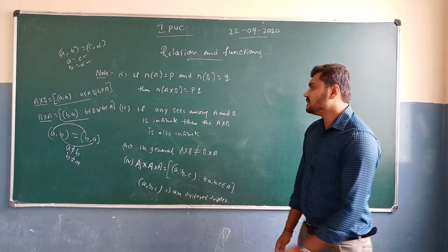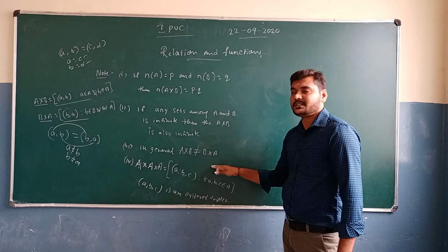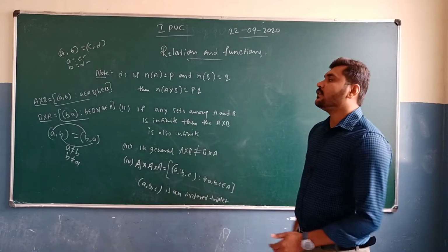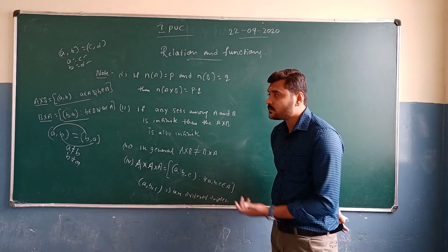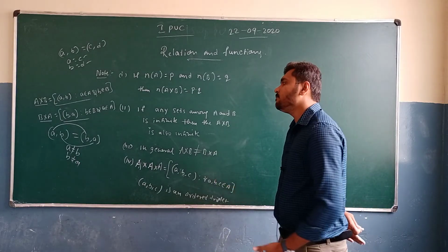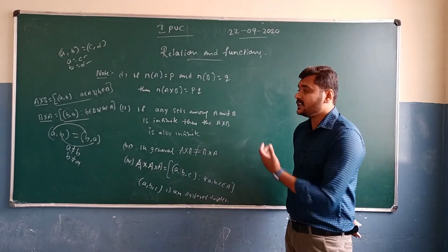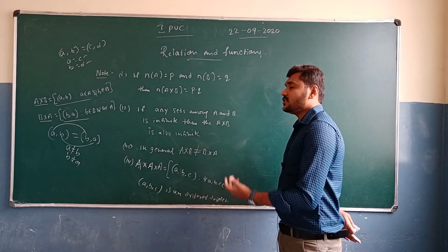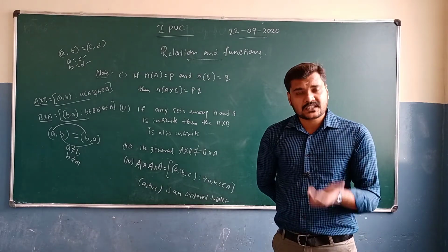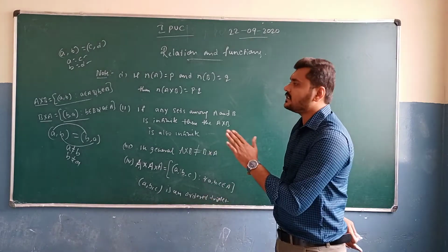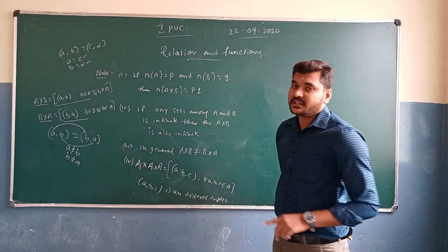The third one is, in general we can say that the Cartesian product A cross B is never equal to B cross A. If an element of A cross B is in the form (a, b), here small a belongs to capital A and small b belongs to capital B. Suppose A cross B is equal to B cross A, then the elements present in A cross B as well as B cross A would be equal. But here (a, b) is never equal to (b, a).